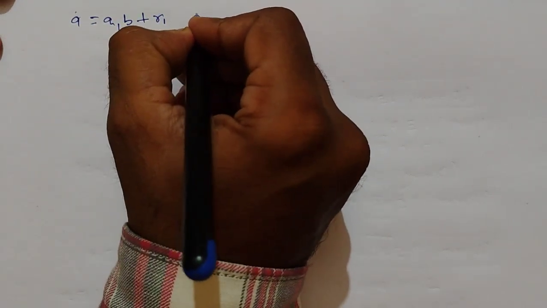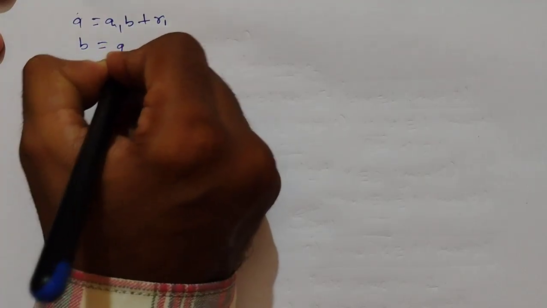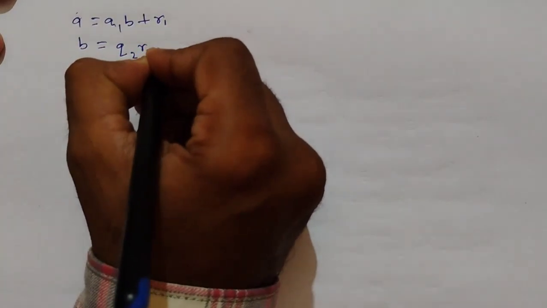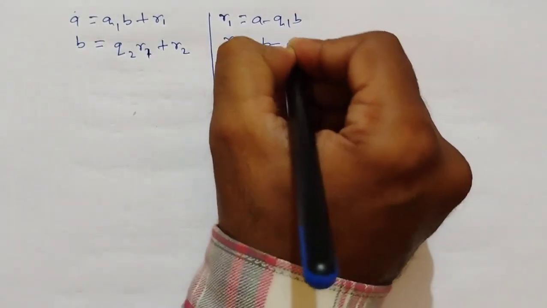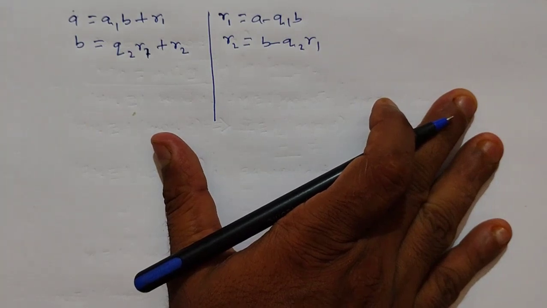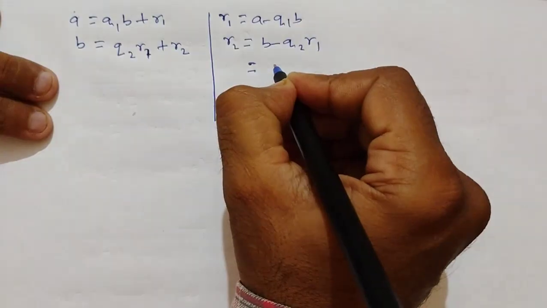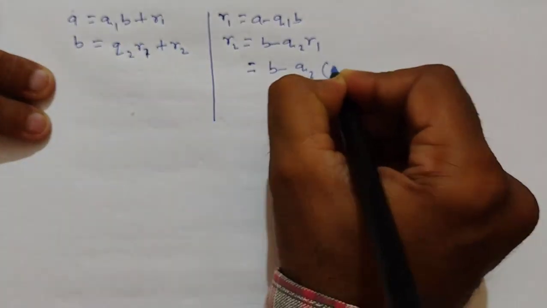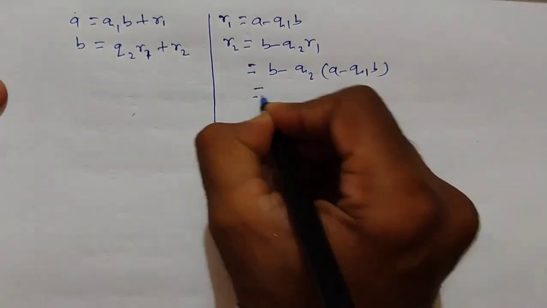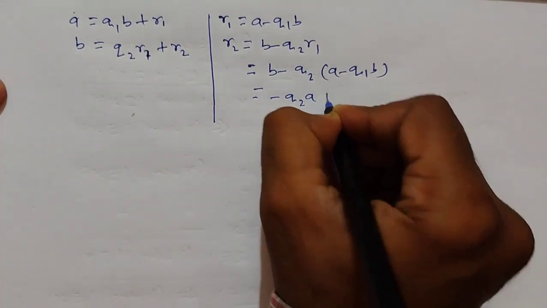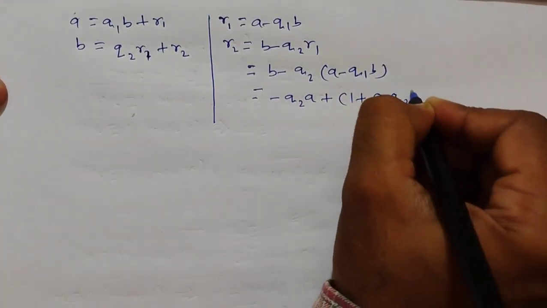and B is equal to Q2 R1 plus R2. For this we have R1 is equal to A minus Q1 B, and R2 is equal to B minus Q2 R1, and now this is equal to B minus Q2 into A minus Q1 B, and we can write this as minus Q2 A plus 1 plus Q1 Q2 into B,